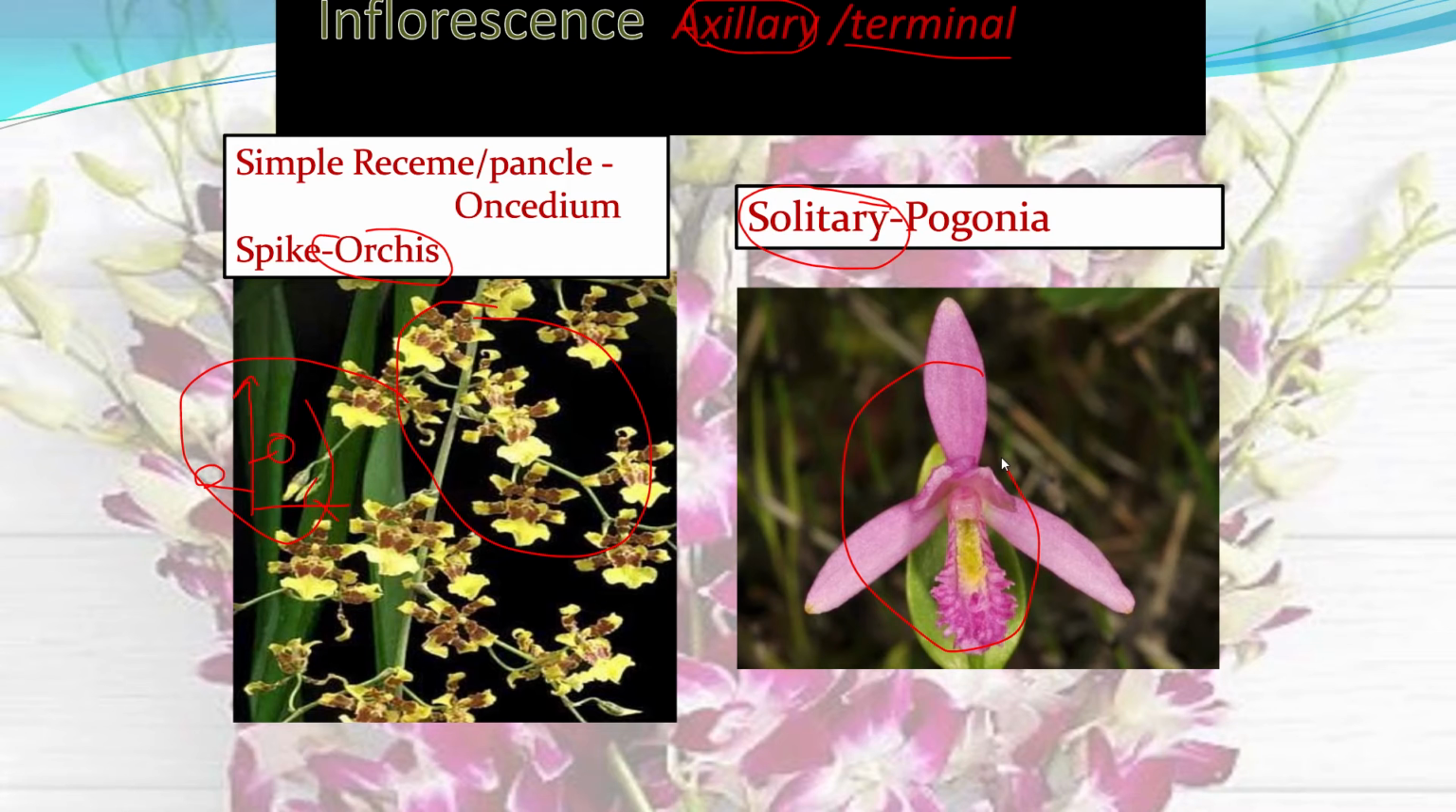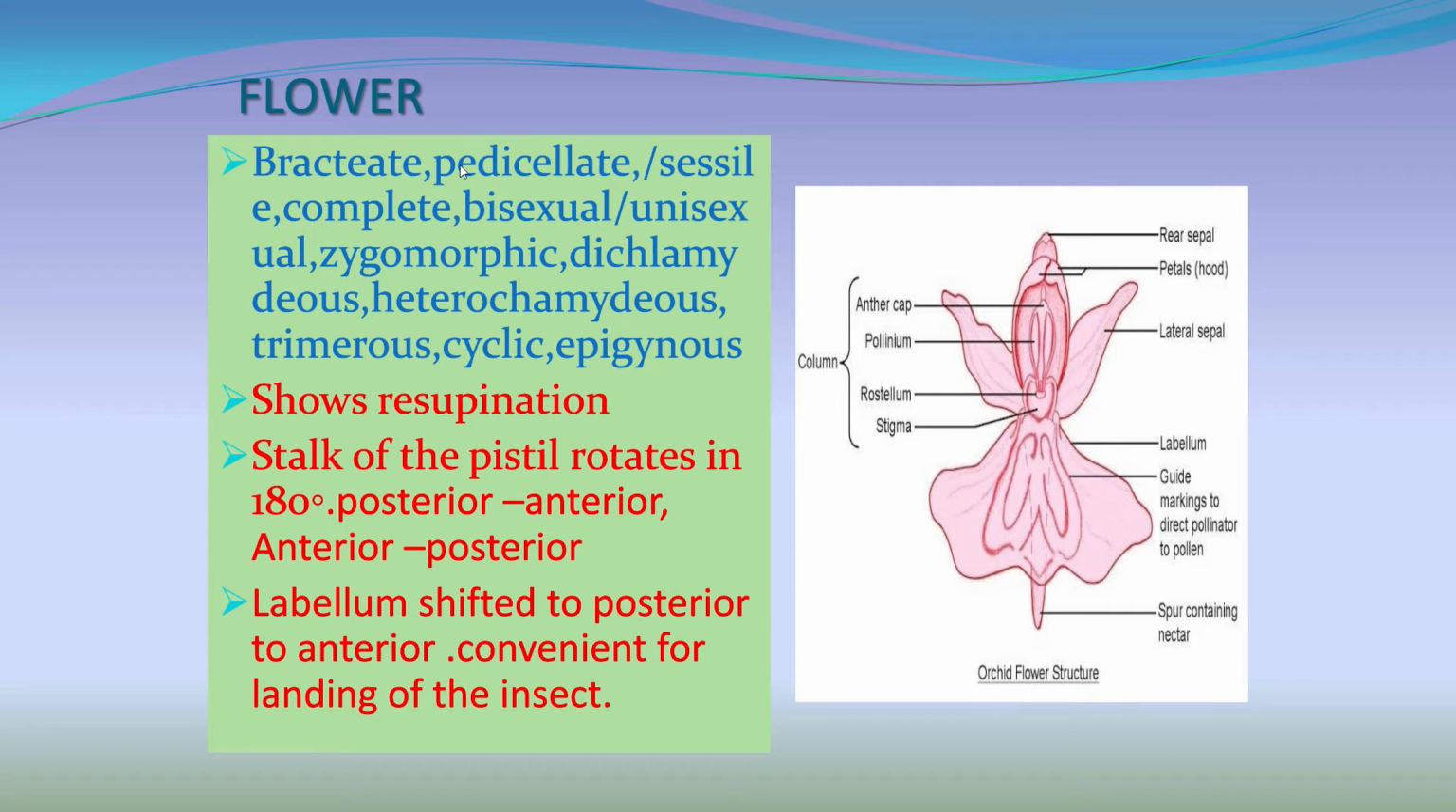Solitary means only one flower is present on the pedicel. They are called solitary inflorescence. Next, what are the flower characters? In the Orchidaceae family, the flowers are bracteate, pedicellate. In some species, it is sessile,